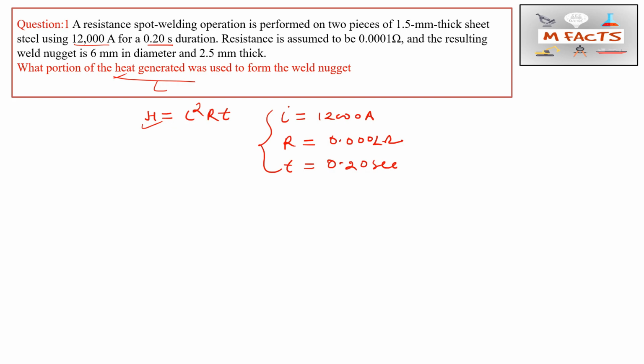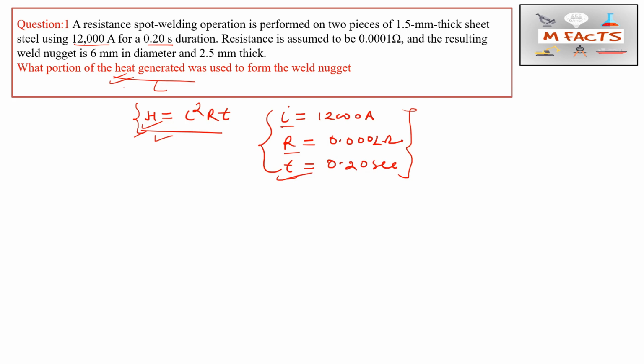In exams, to confuse you, they can give a lot of data, and that data may not be used in the formulas for the calculation. So in this type of welding problem, we see what they are asking in the question. Here they are asking for heat generated, so I write the formula for heat generated in resistance welding. Then I found that I need the I value, R value, and T value, and I wrote them like that. Then I read the question again and identified those values from the given data.